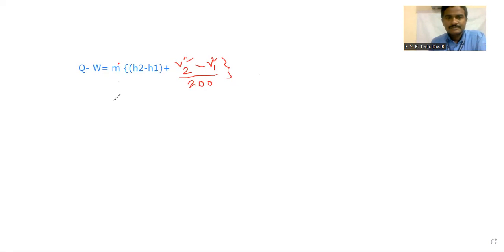Now substitute the values, whatever the data is given. Mass flow rate is given 17 kilogram per second, rectangular bracket. Then what is the H1 H2? H2 is 360. Minus H1 1200. Correct. Plus